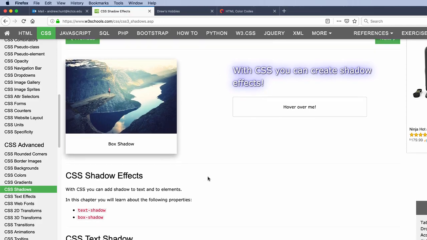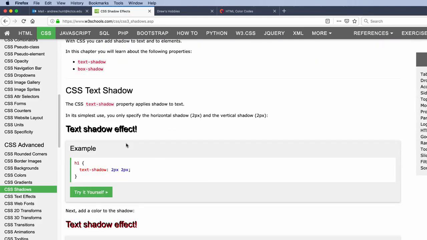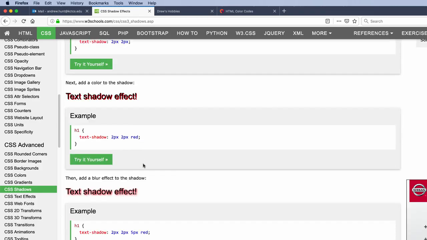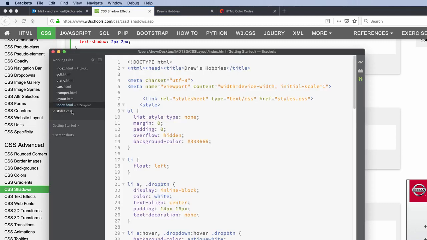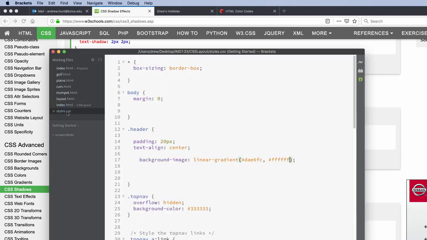So what we'll do, let's just add a text shadow on here. So maybe a drop shadow, something we can see. So here's a shadow, and you can see that it is 2 pixels by 2 pixels red, and it's on an H1. So I'm going to grab all of this code, and I'm going to put this into my CSS, and it's going to affect all of the H1 tags. Now you could change that to H2 or 3 or just paragraph text if you want to see what this is going to do. But I'll go ahead and copy this, come back here, make sure I'm on my styles.css,